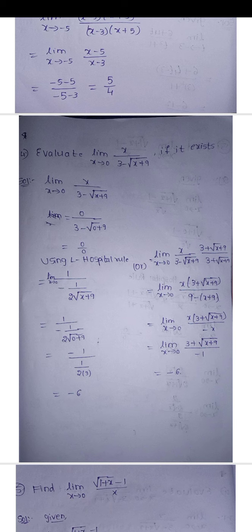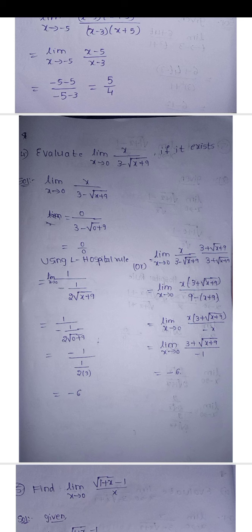Here we did rationalization. In the denominator there is 3 minus root of x plus 9, so we have to multiply and divide with 3 plus root of x plus 9. That is rationalization. We have to do the rationalization. x by 3 minus root of x plus 9 into 3 plus root of x plus 9 by 3 plus root of x plus 9. So x into 3 plus root of x plus 9 by, here in the denominator,